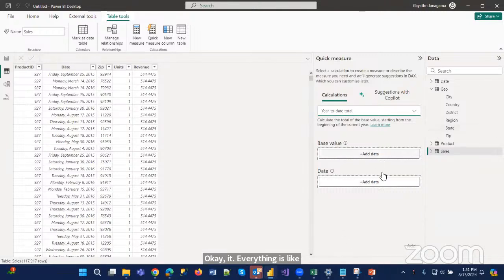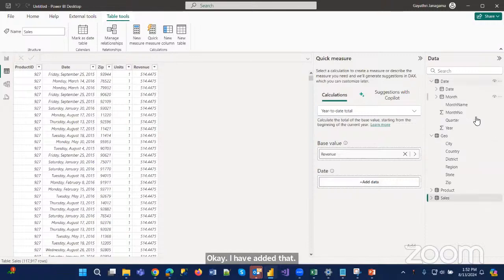All you have to do is drag and drop. What is the base value? The base value is my revenue. I have added that. And what is the date? It is yearly, so I have to go into my date table and pick the year. So let's do month. Yeah. And when I just click on add,